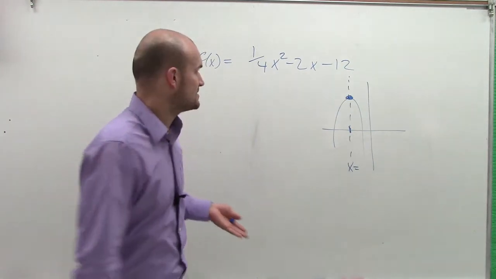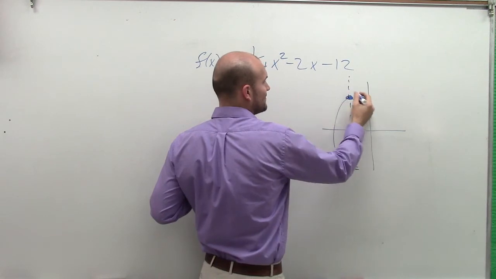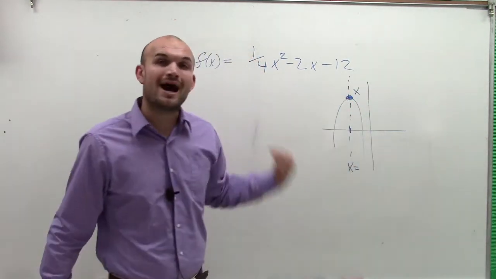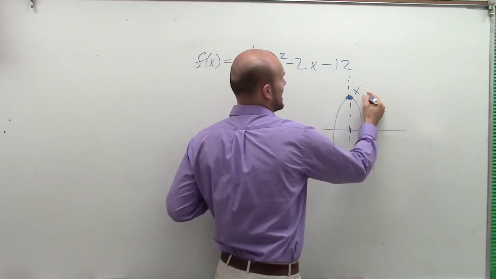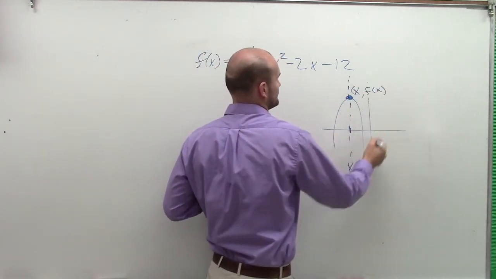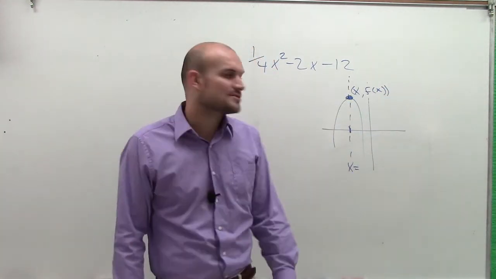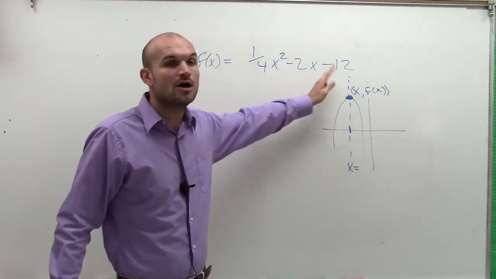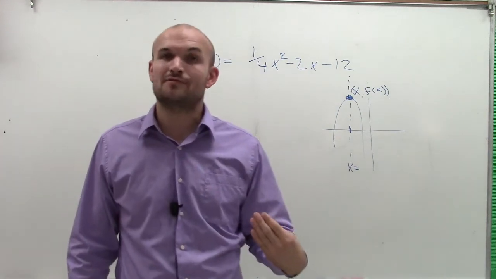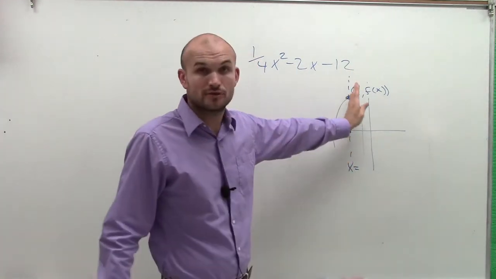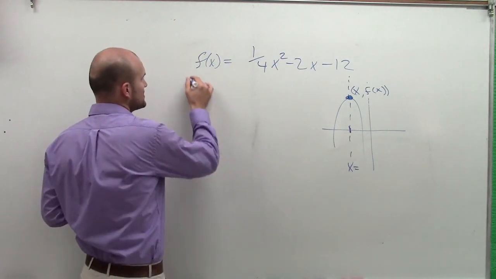So the important thing for us to understand is that the vertex is a point where we have x, and then to find the y value, which is the output, since we're talking about a function, it's going to be x comma f of x. So that's the coordinate point of a vertex. Now how do we find that x value? To find the x value of the vertex, notice the line of symmetry goes through the vertex. And what we might have previously discussed is that the line of symmetry can be found